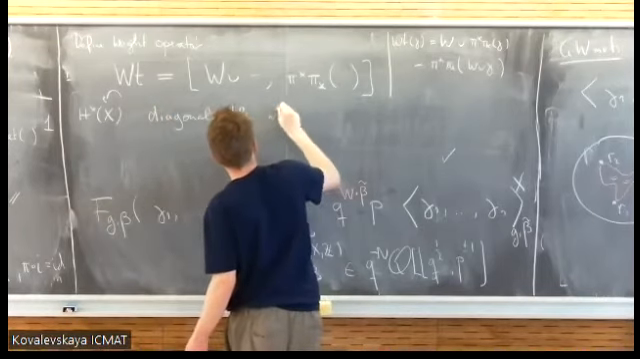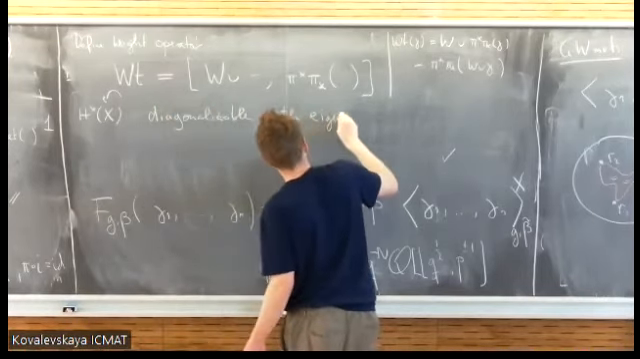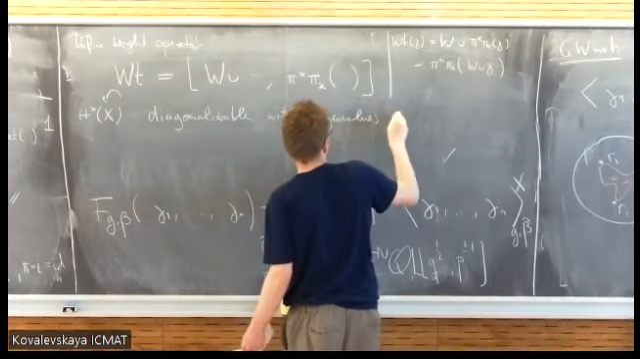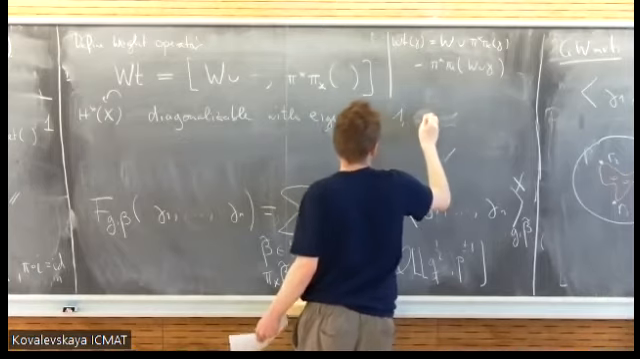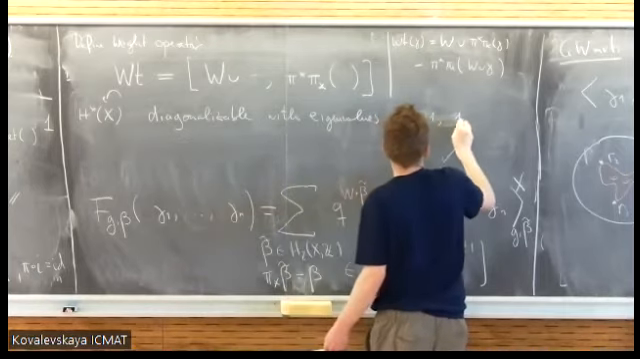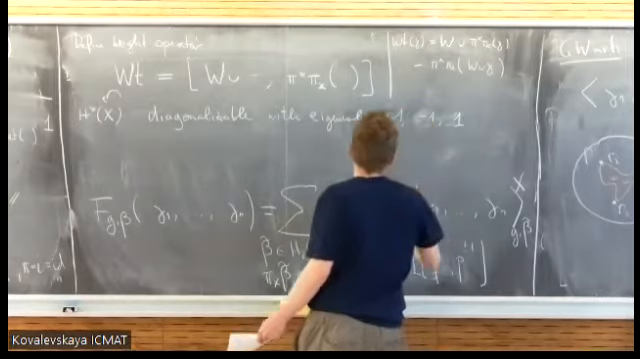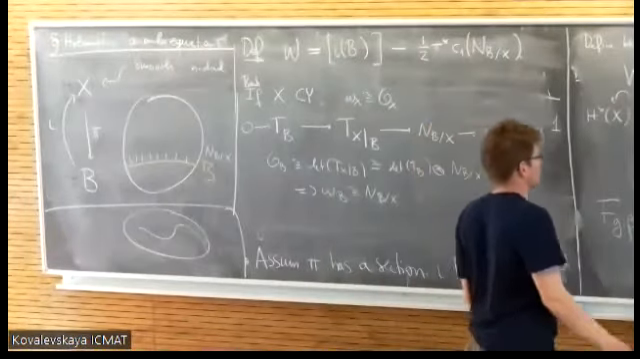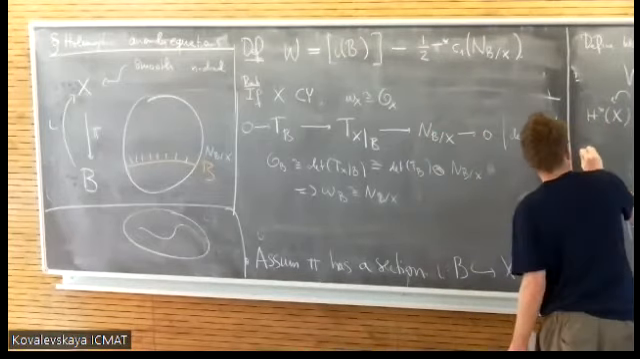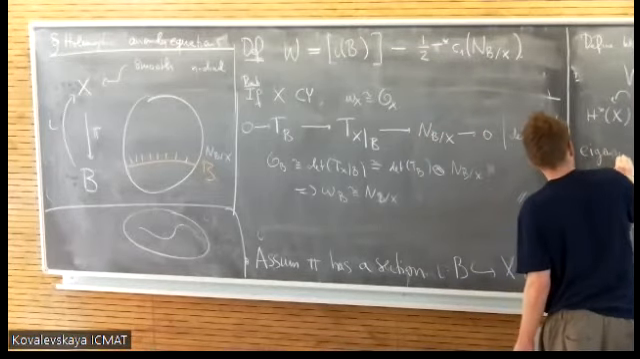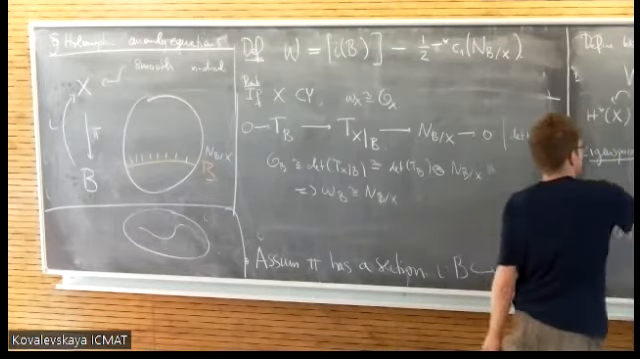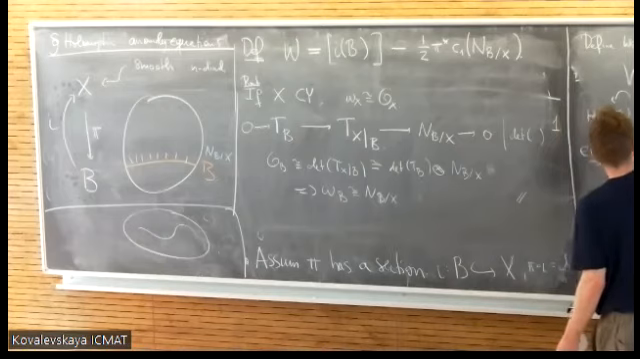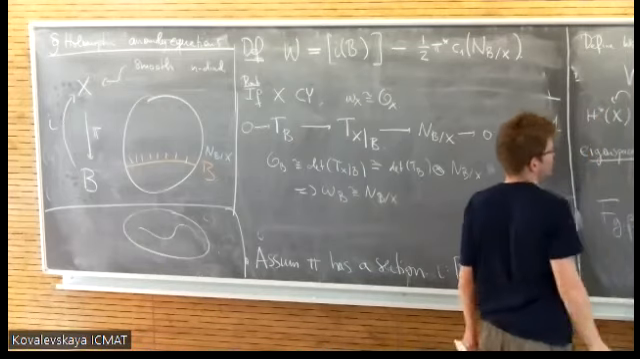With eigenspaces, eigenvalues 1, 0, and -1. So then we write it as 1, -1, and 1. And what are the eigenspaces? So the eigenspace to eigenvalue 1,